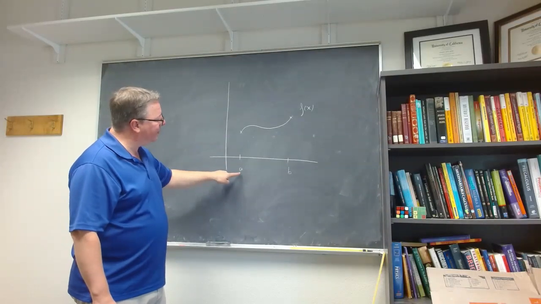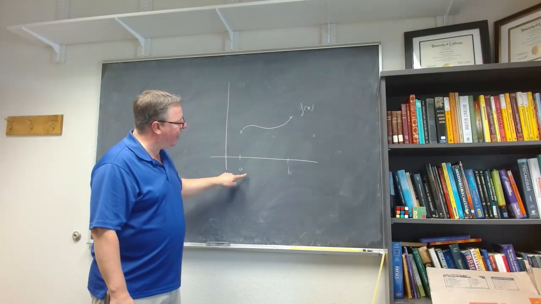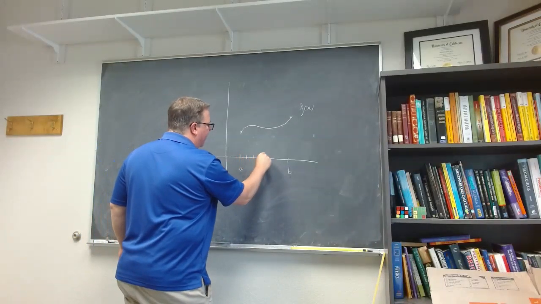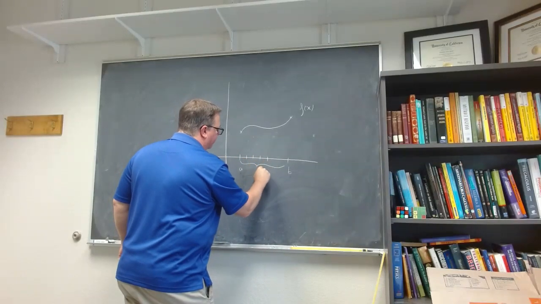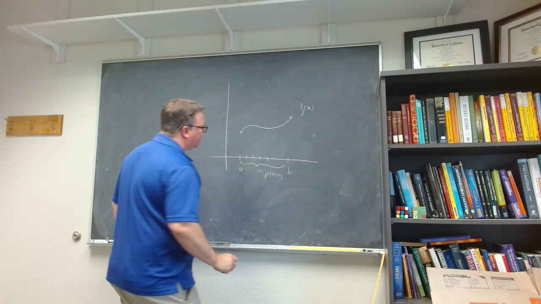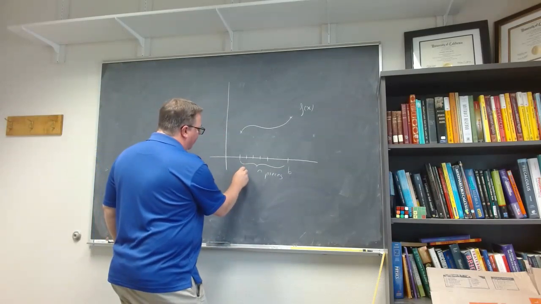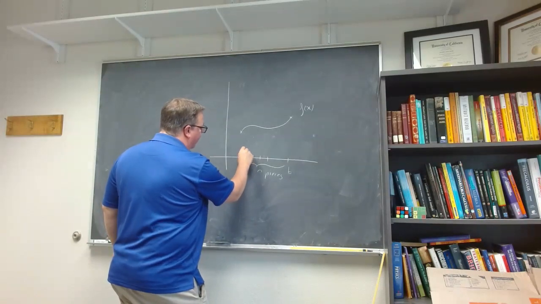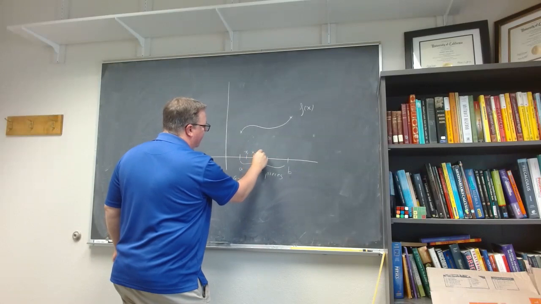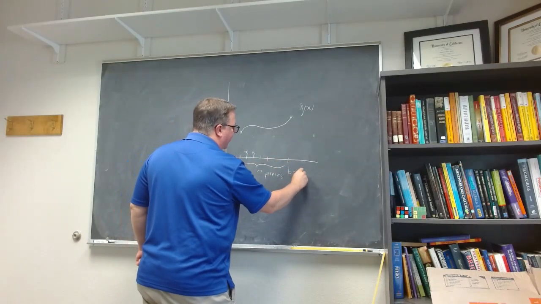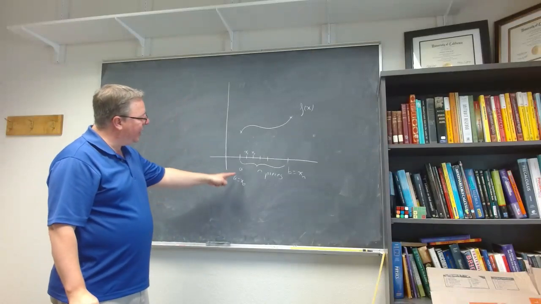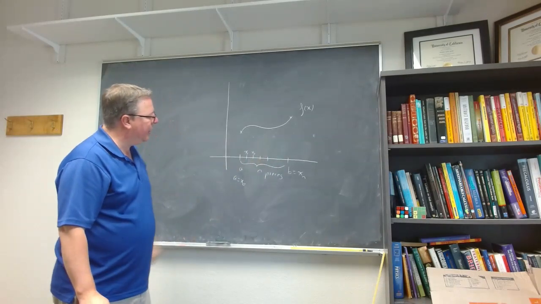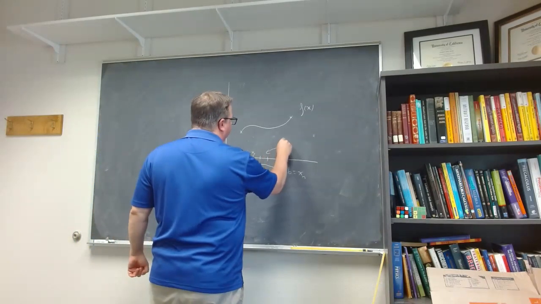We're going to split the interval over which we want to know how long it is into equal size pieces. So we split this into n pieces. And then for each one of these, A is going to be labeled as x sub 0. Then the next one is going to be x sub 1, x sub 2, etc., all the way to B, which will be x sub n. So there's going to be n plus 1 many labels that we use, but there's only n many intervals. If we look at the ith interval,